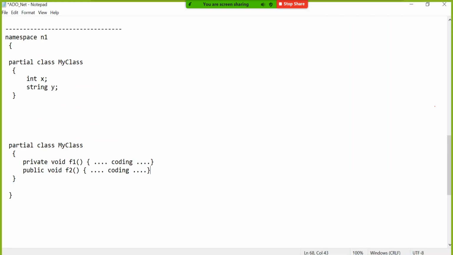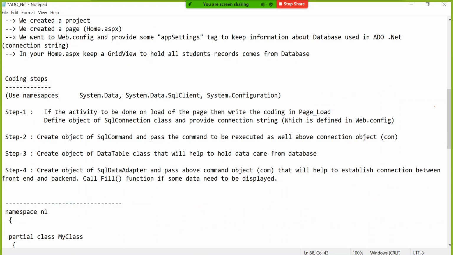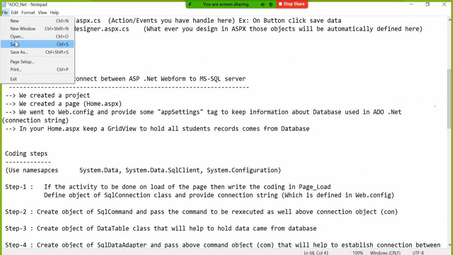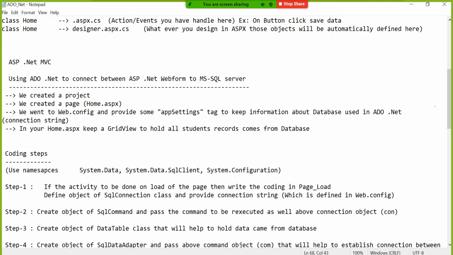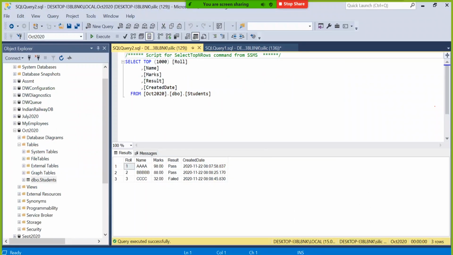These steps of the approach I have already written. So in another 10-15 minutes I'm going to share this notepad where all the steps have been written. On the database side there is nothing to share, because practically you have to create the database in your own SQL Server.